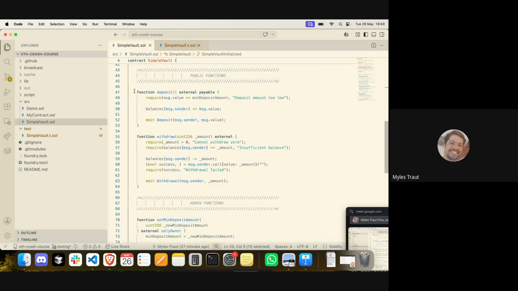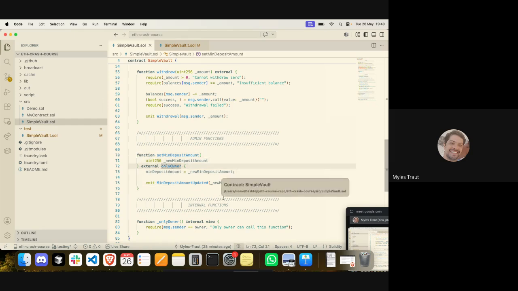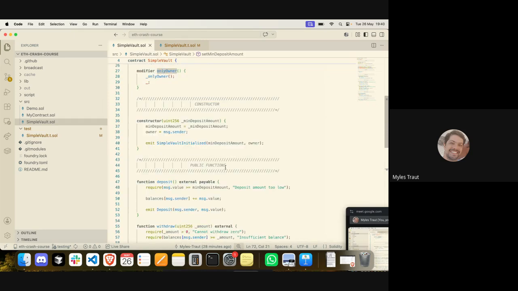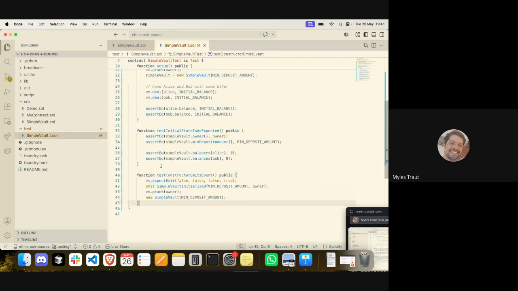Before we jump in to these functions, we're going to test this admin function over here, purely because it has a bit of access control enforced by this only modifier. And this modifier just says that only the owner who was set in the constructor can call this function and update the minimum deposit amount. So the way we test that, we would say,